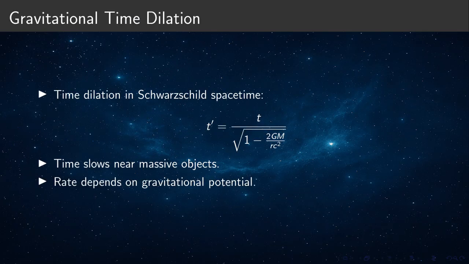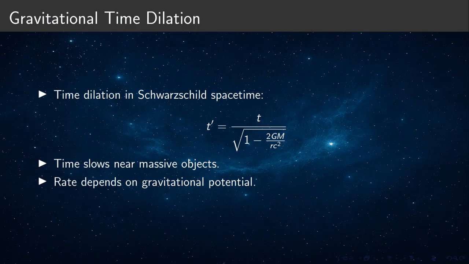A central consequence of this solution is gravitational time dilation, expressed as T' equals T divided by the square root of 1 minus 2GM over rc squared, where G is the gravitational constant, M is the mass of the gravitating object, r is the radial distance from its centre, and c is the speed of